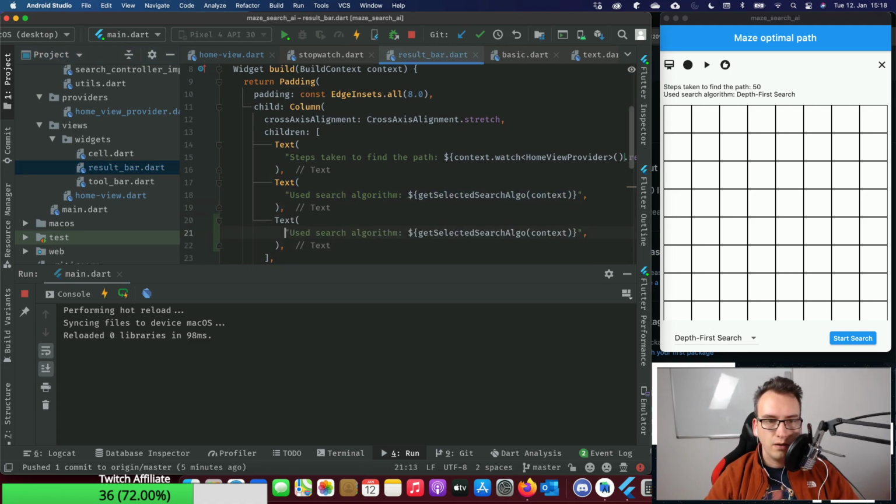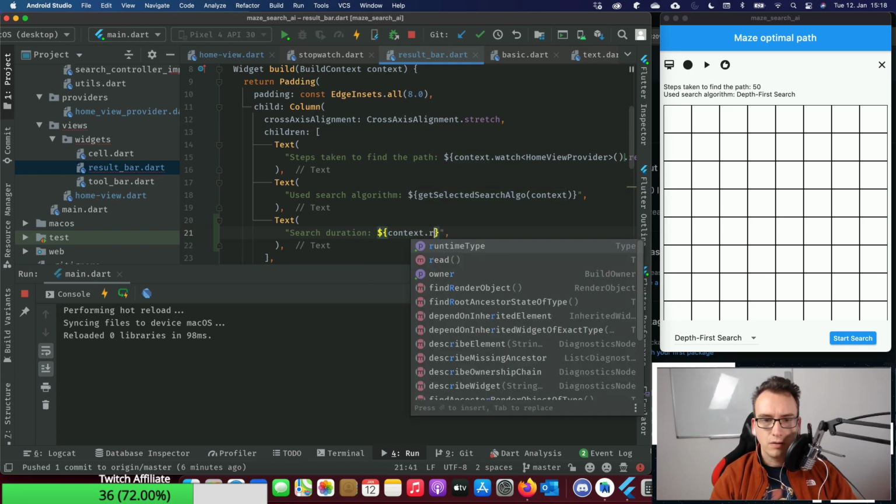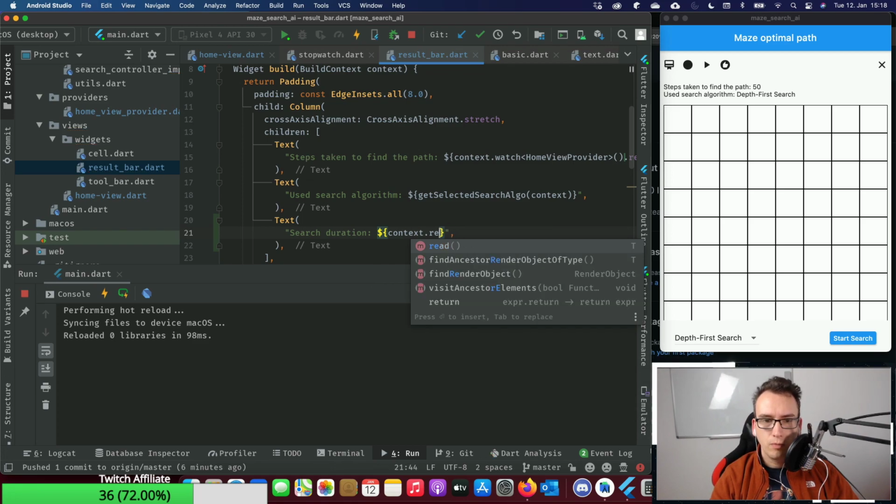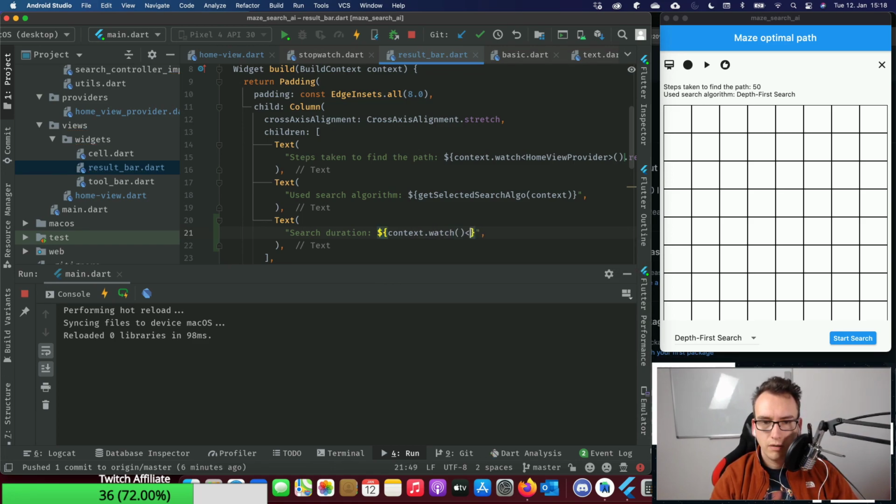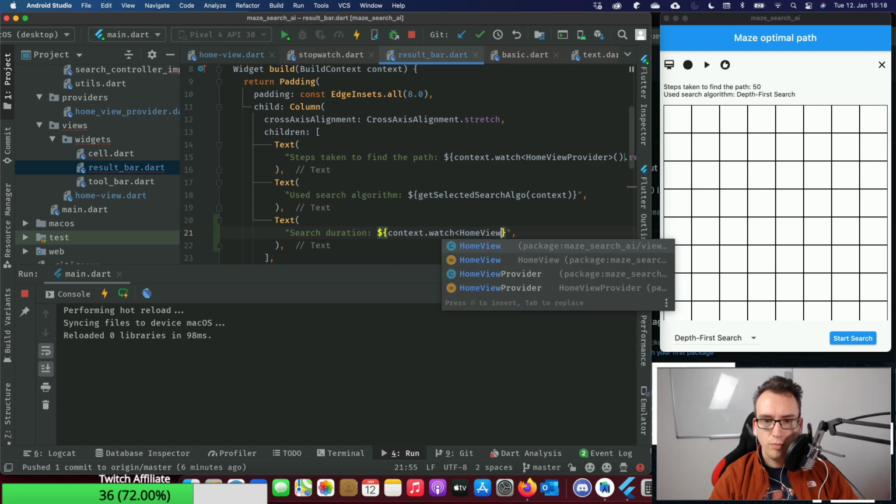I just add here where we just say elapsed or used time, elapsed time, or duration for search, search duration. So let's see if I find that. So we have here context.read, right? No, watch, because it can change, right? And then home view provider again.